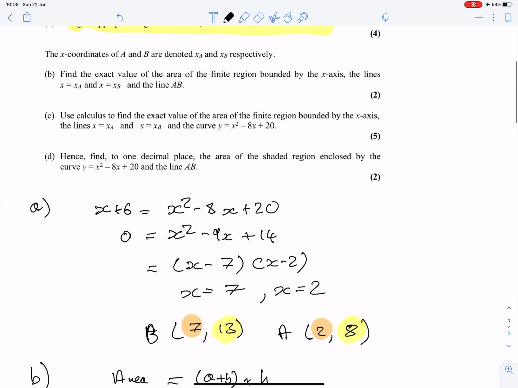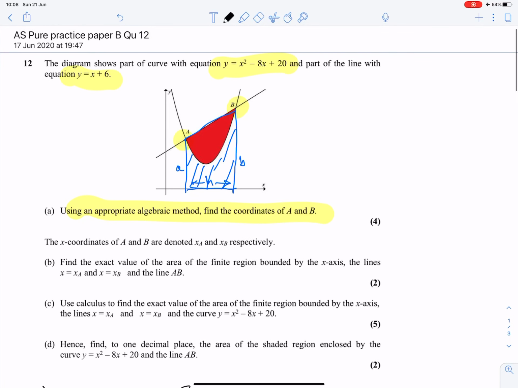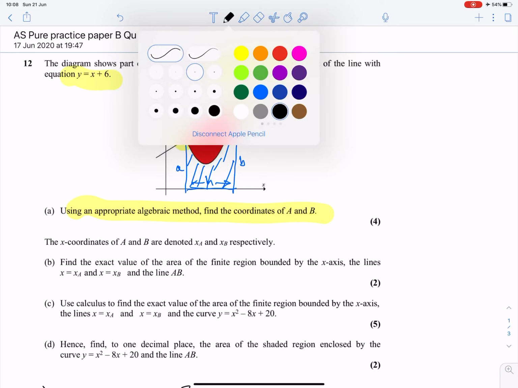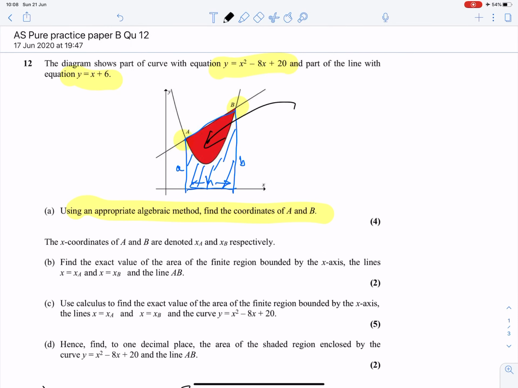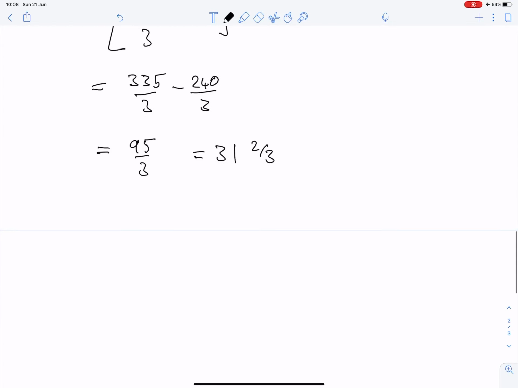Okay, part D. Hence find to one decimal place the value of the shaded region enclosed by the curve y equals x squared minus 8x plus 20 and the line AB. So now that is this shaded region in here that we're trying to find, and that's going to be the trapezium minus the integral. So the shaded region is equal to